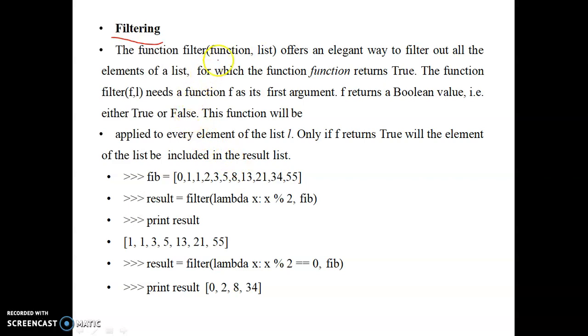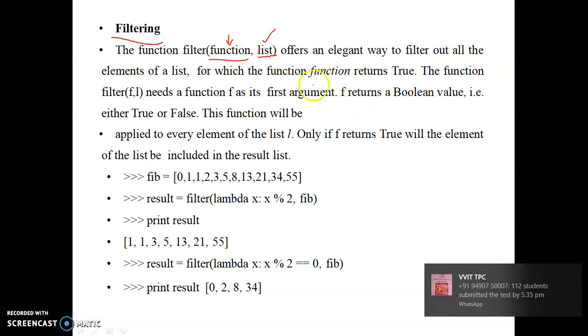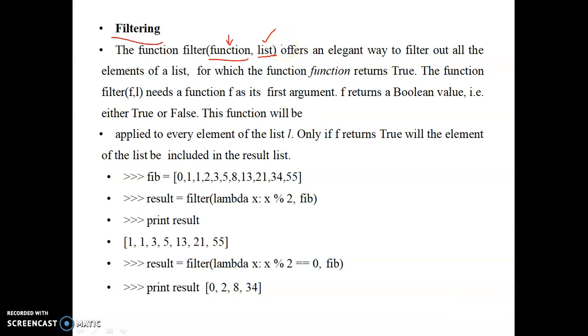Say for example, here I have a list of elements and a function, and this list of elements is to be filtered based on this function. Whatever function I am specifying has to be executed on this list of elements, and the output of this function is my filtered elements of the list. Here as a function we can use the lambda function, and we can filter the elements. The sequence may be a list, or maybe a tuple, or maybe a dictionary.